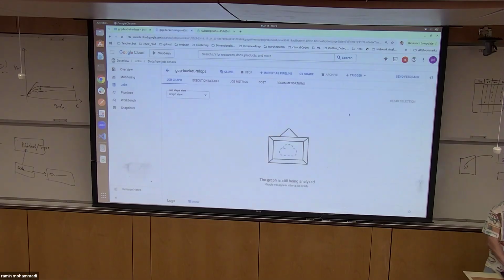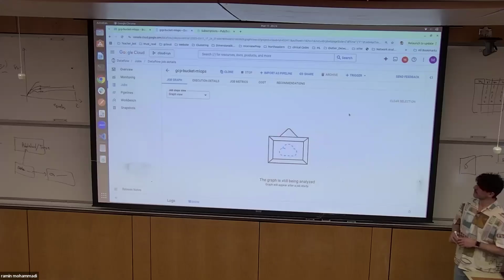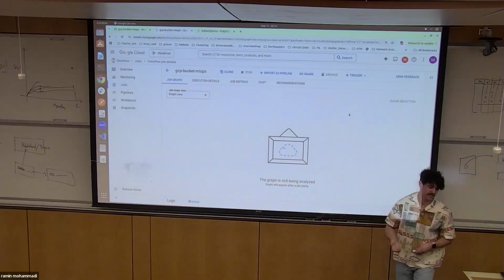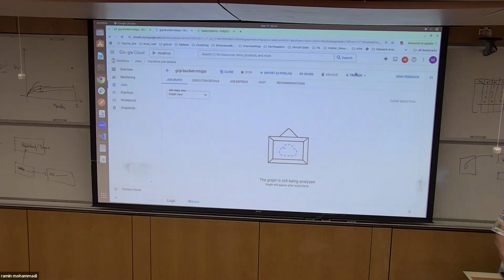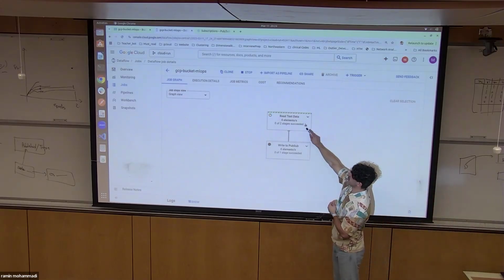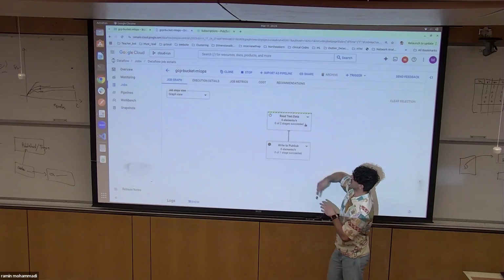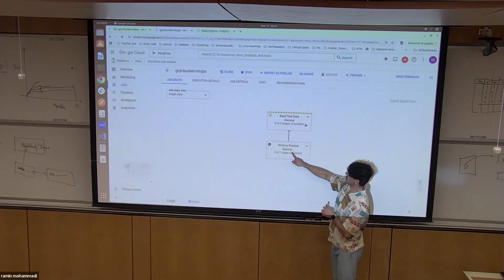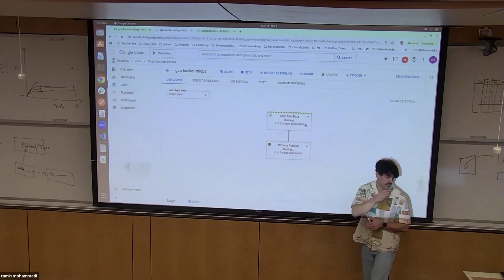So now we have this data flow job, basically, which is responsible for listening to that bucket. You can trigger it manually. So this is basically what's going to happen. If data comes to here, this basically reads the data, writes it to the pub sub. Okay, so right now,